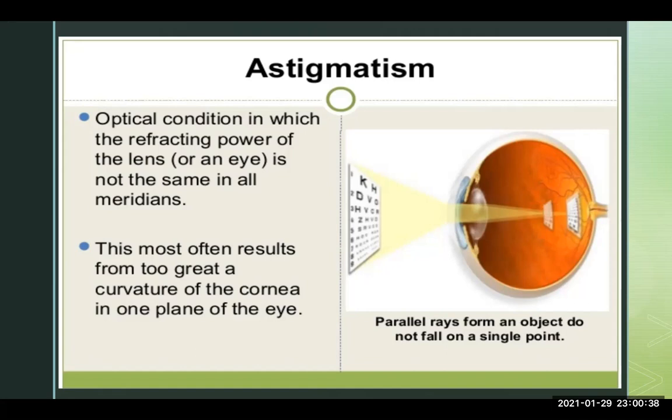So the image will be fuzzy, hazy, and maybe distorted, maybe oblique, according to the distribution